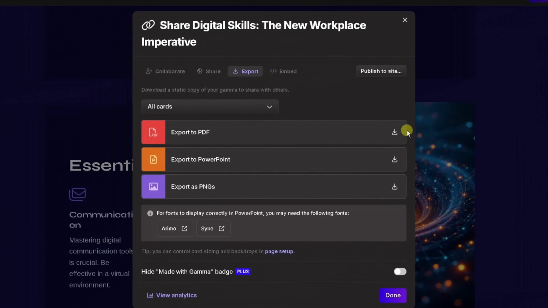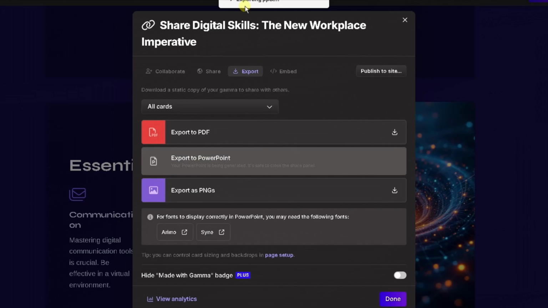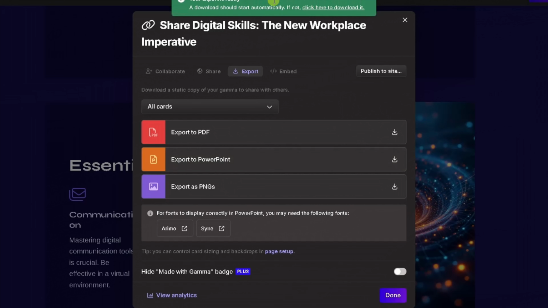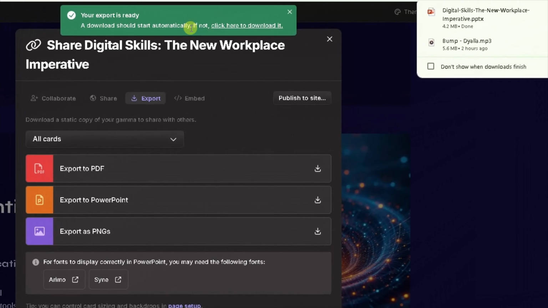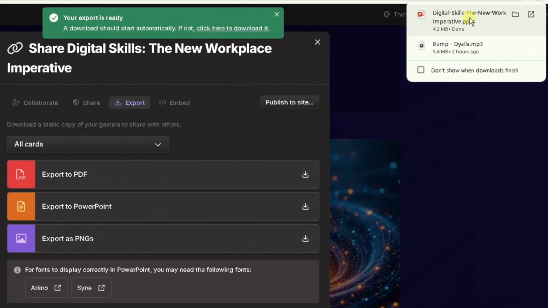Now it's come up with a pop-up box asking me how do you want to export this? You can export it as a PDF document, as a PowerPoint, or as a PNG. A PNG is an image file type. So I want to export it as a PowerPoint. I'm just going to click on that, and now it's exporting the PPTX file. So here we go, the export's ready. Now you can see it's downloaded here. Click on that,